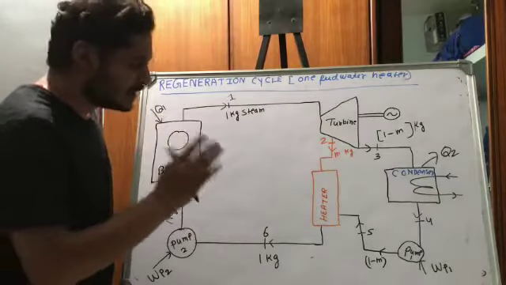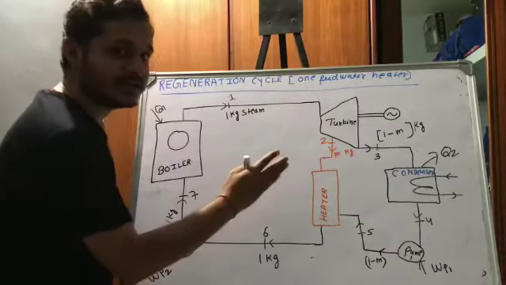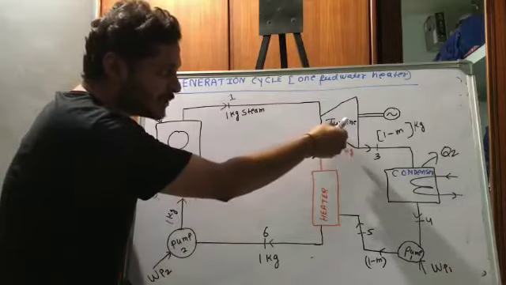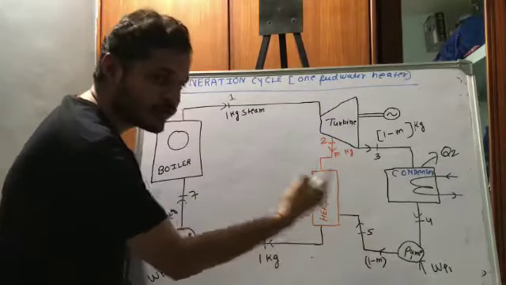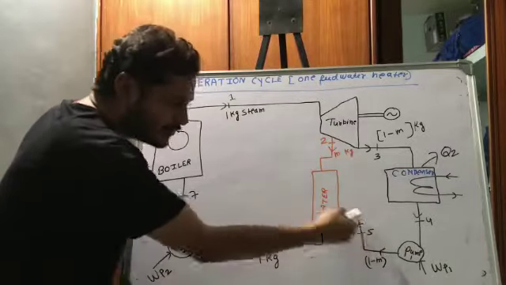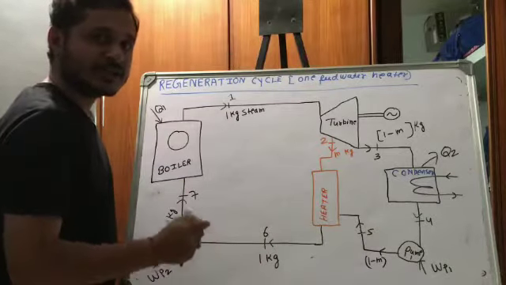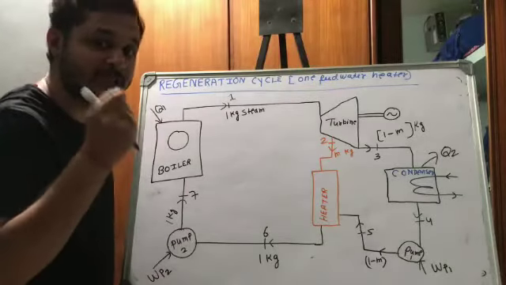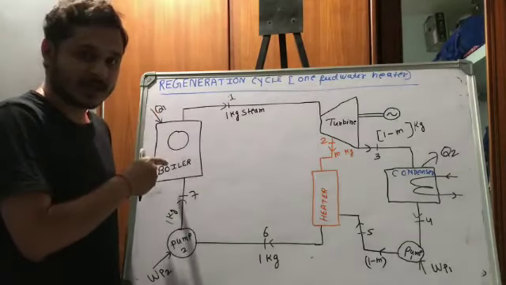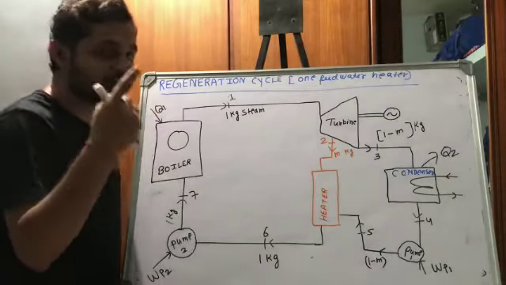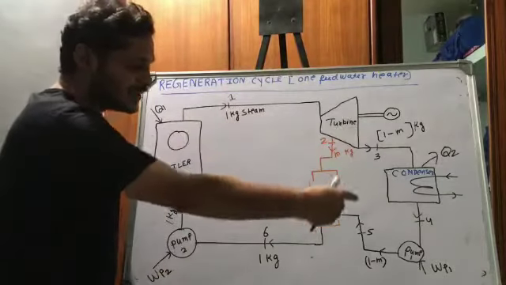Again I am saying what is happening exactly here. m kg of steam is coming from the turbine and it is giving heat to the 1 minus m kg of compressed water coming from the pump to this heater. So the heat input will decrease. The Q1 amount of heat that we give in the boiler will now decrease by the amount of heat provided from this m kg of steam here. So this is the regenerative cycle.